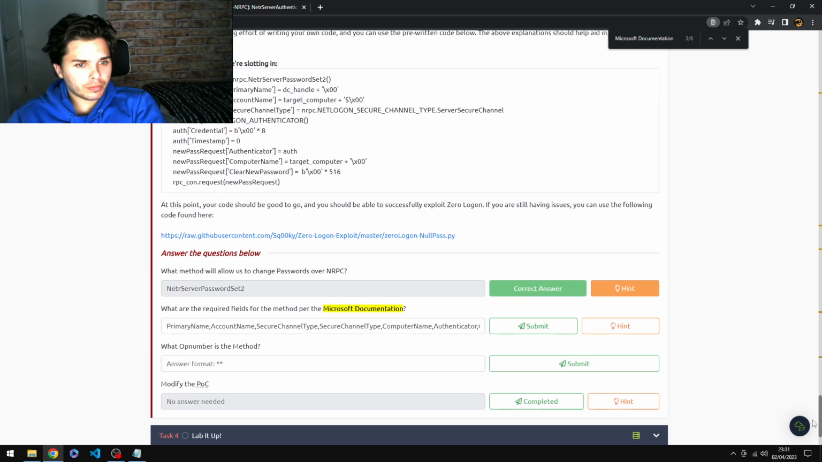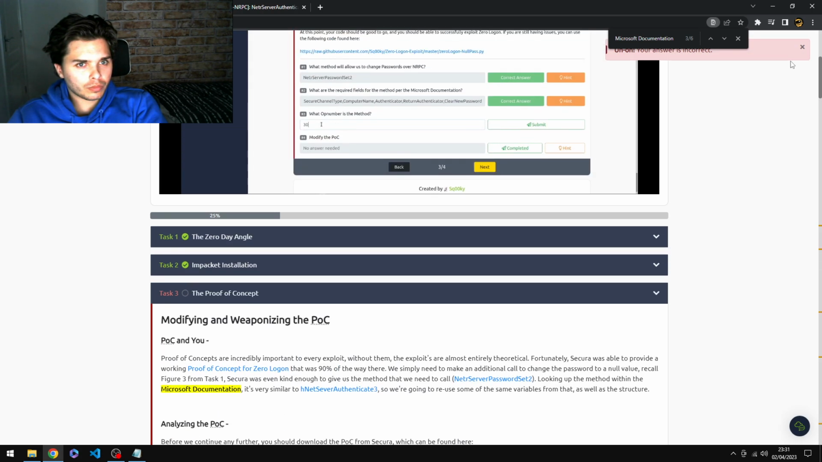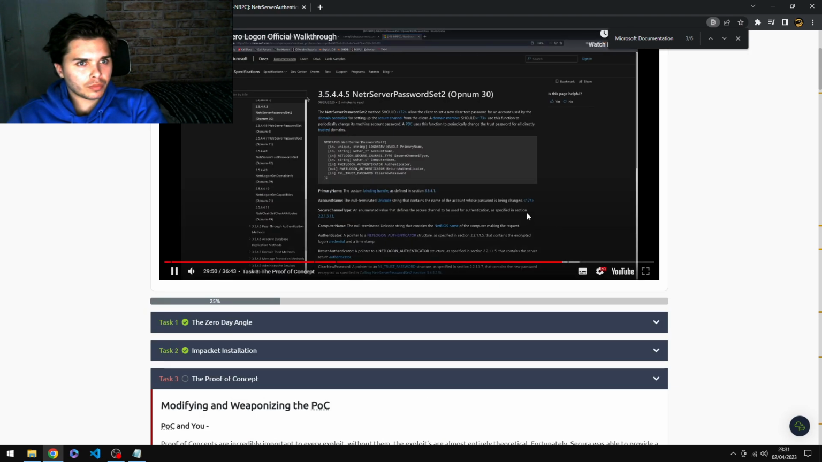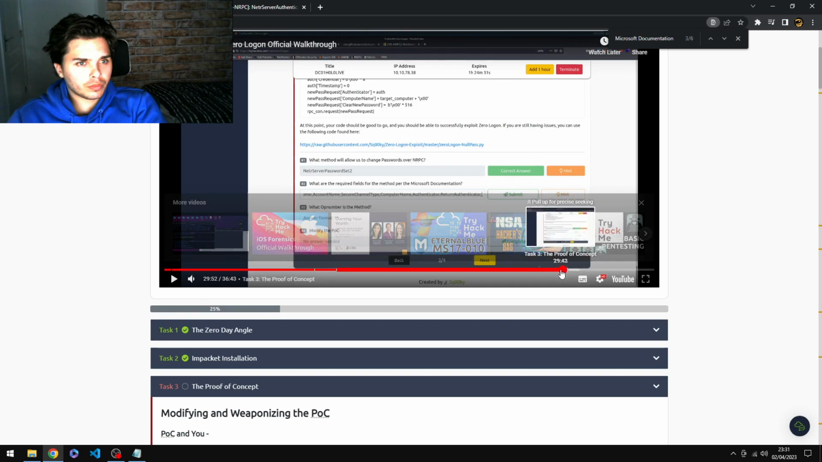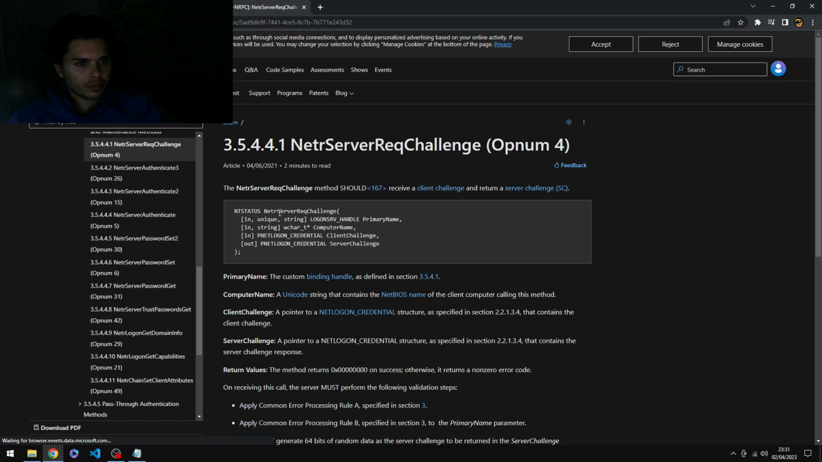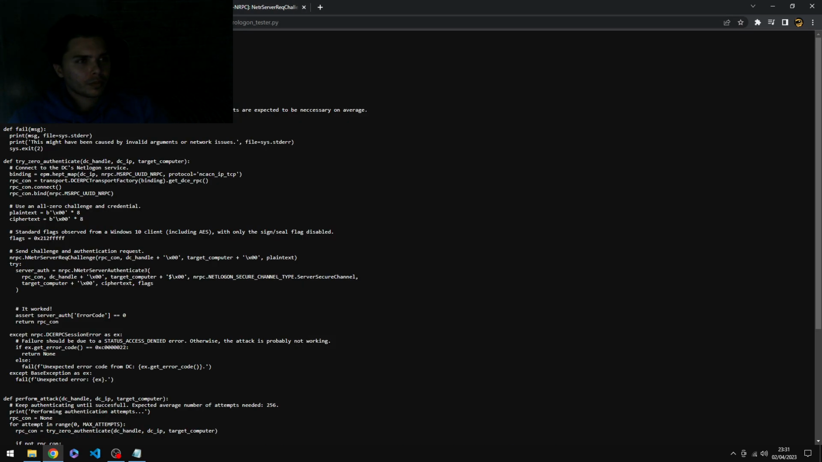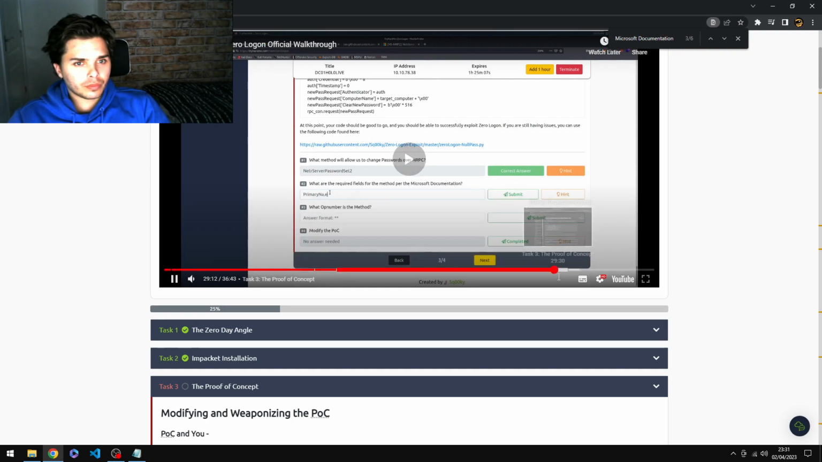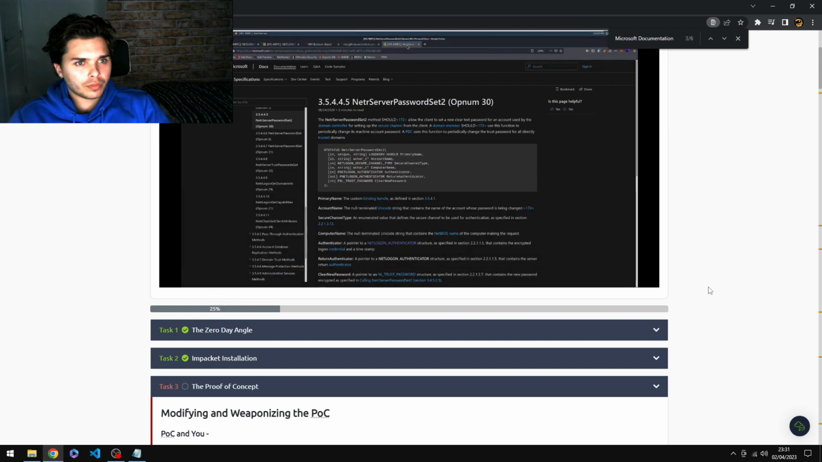And this next one's nice and easy. What op number is the method? We can see that here at the top with the op num of 30. And then we have one more thing. We need to modify the POC, if you were following along, which is going to be the clear new password. And then we're going to grab the